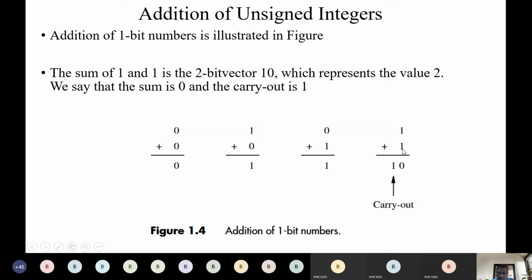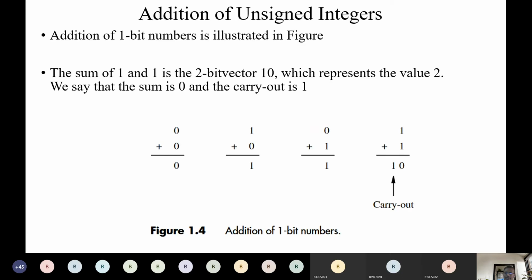In general additions we do a carry. Whatever we carry to the next position we call the carry out. And this carry out becomes an input, that is, the carry in for the next position values. This carry out becomes the carry in for the other numbers. Okay, we will see how this runs.